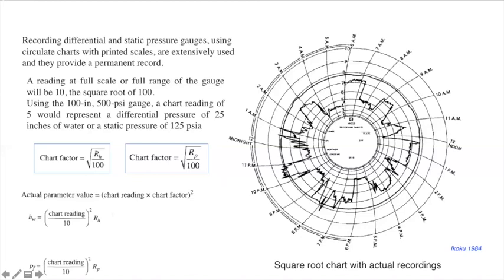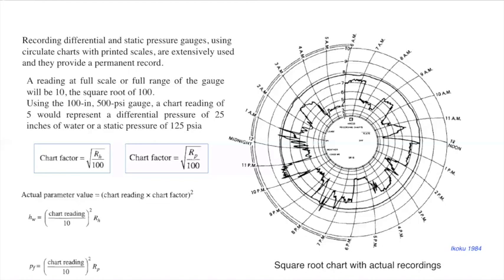Now this differential pressure and absolute pressure is recorded throughout the clock. You can see this from 12 hours, then 1 a.m., 2 a.m., 3 a.m. So this is for the whole cycle of hours from 1 to 12 p.m. and midnight, and this can be recorded further also. A 24-hour chart is still for 1 month also. So we require different such square root charts for actual recording. This is not much complicated.